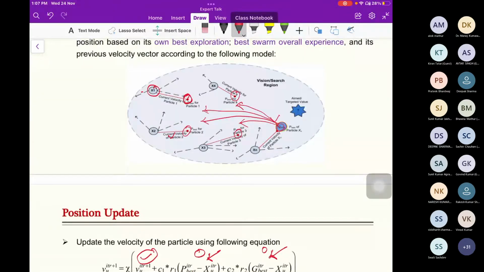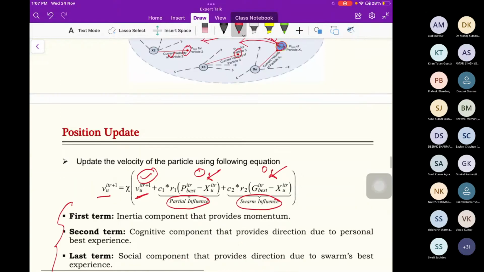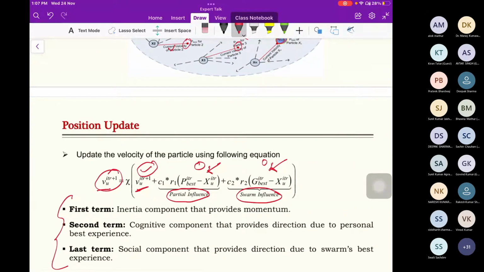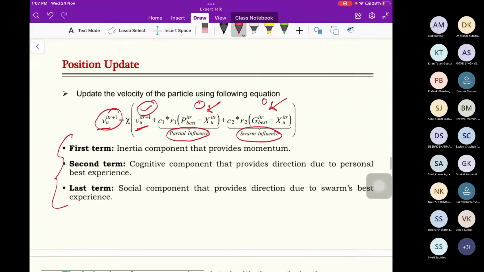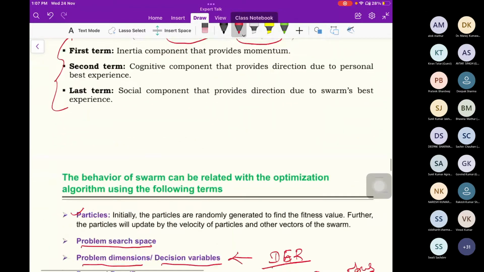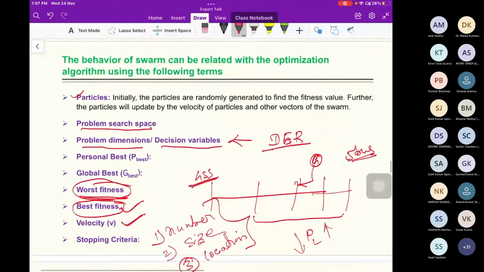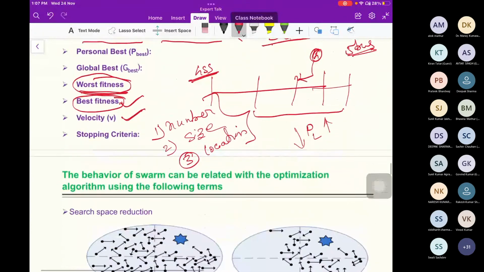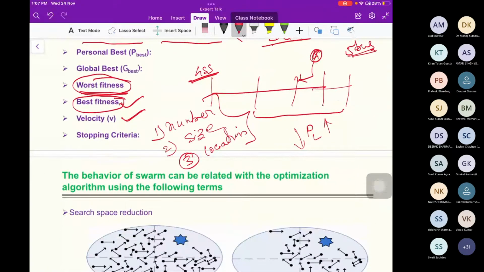It also depends on the user, but our conditions we have defined in the number of iterations. And this search space reduction technique we can use because if we randomly search in this area,